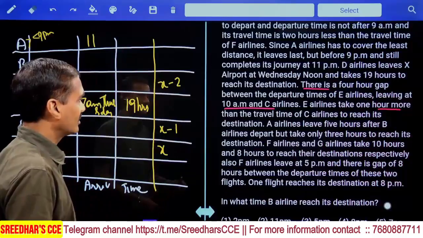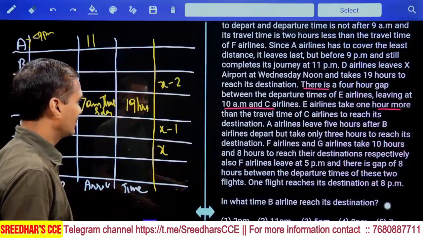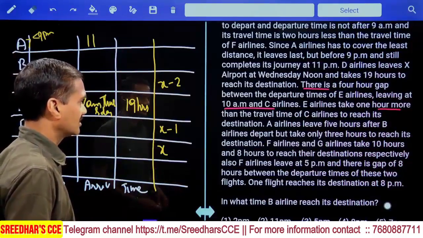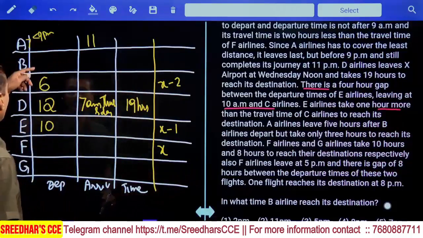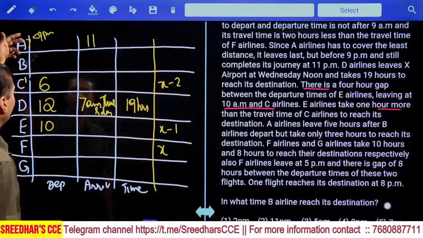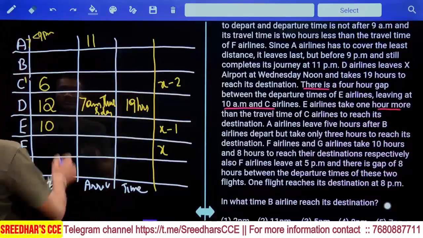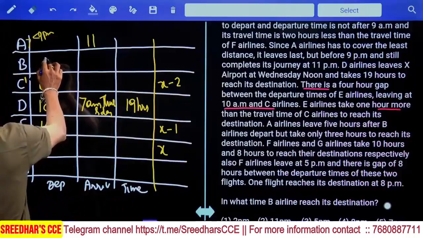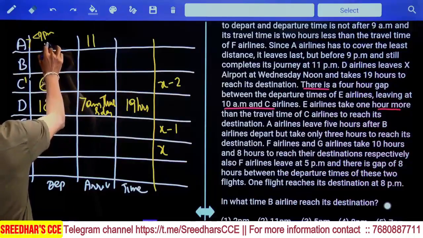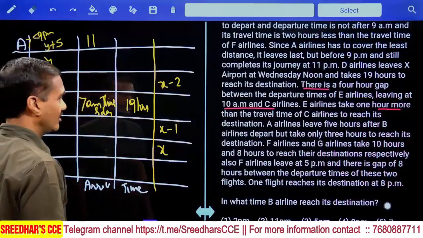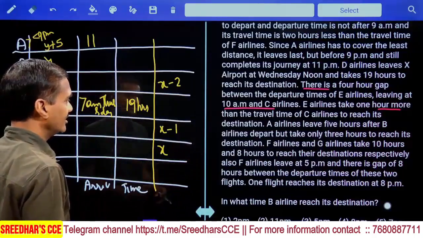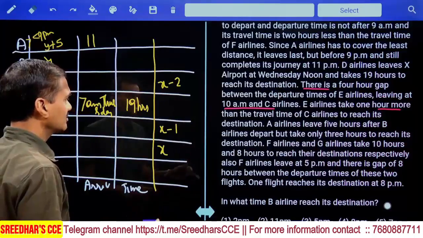E airlines take 1 more hour than the travel time of C airlines to reach its destination. A airlines leave 5 hours after B airlines. A airlines 5 hours after B airlines. Now if this is Y, then this must be Y plus 5. A airlines leave 5 hours after B airlines depart but take only 3 hours to reach its